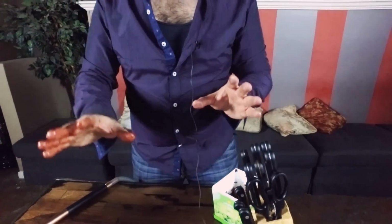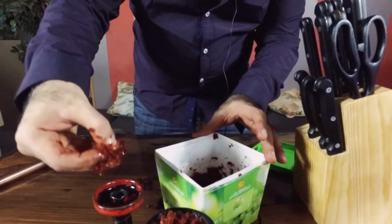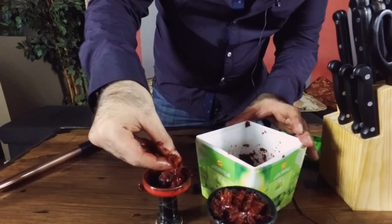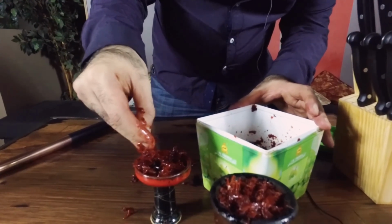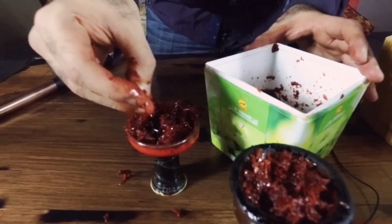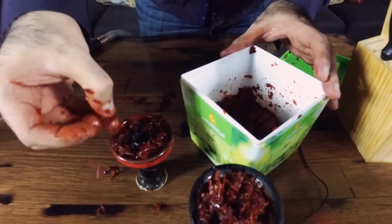To pack this is essentially the same way. We're going to make it simple for you guys, because the truth is that a lot of people overcomplicate a lot of things. We're going to grab some tobacco again, more than we need, and sprinkle it all around the spire. From here, you could just move some of the tobacco around, keep it at a fluff state,